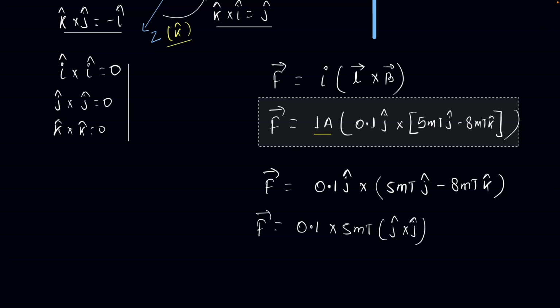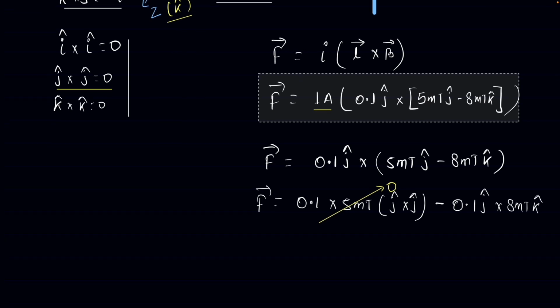What is the value of j cap cross j cap? It is equal to 0. So this whole term will be 0. Then next, minus 0.1 j cap cross 8 mT k cap. So F is equal to minus 0.1 into 8, which is 0.8 mN, and j cross k is equal to